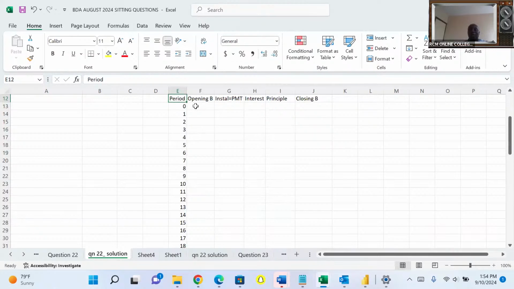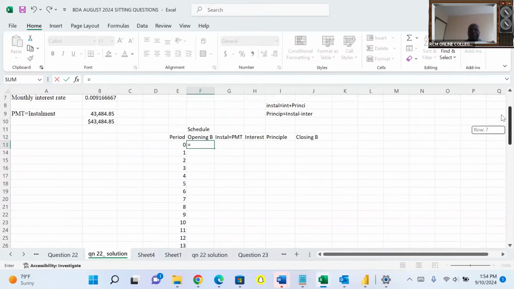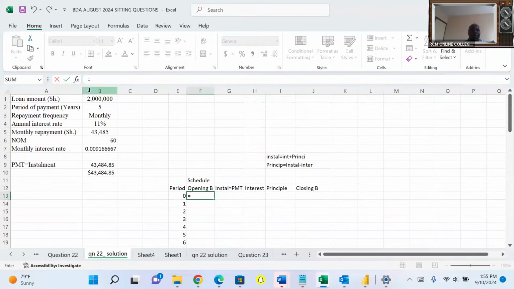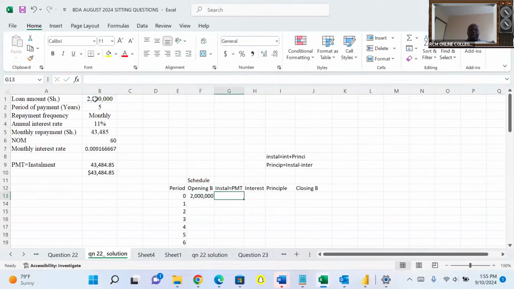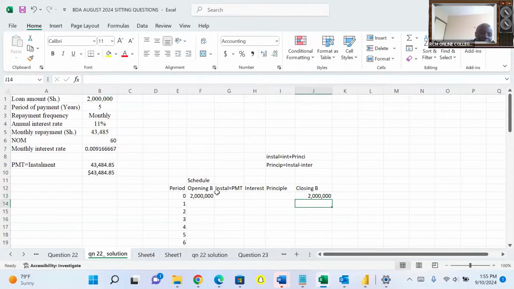So then we start with this opening. Opening in this case, of course, you guys have told me we have 2 million here. I don't have to type, I'll simply come and pick it. So opening, I have the 2 million. Times 0. This is what I'm being given. Remember when I say tab, there is no installment being paid at time 0. No interest, nothing, principal, nothing. So closing, basically closing, will be what here? It will still be this 2 million. That is the closing. And then you come to time 1.